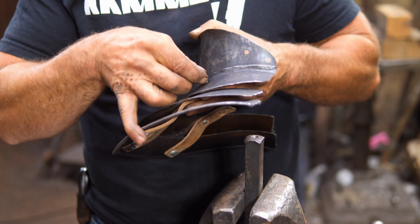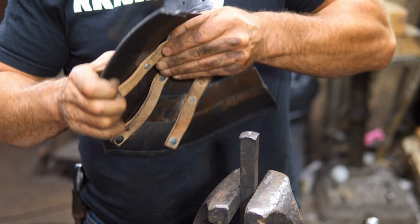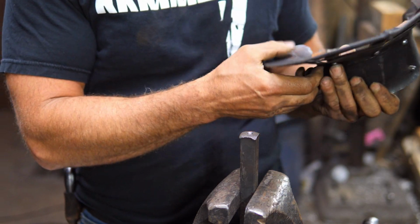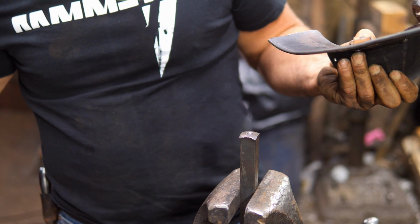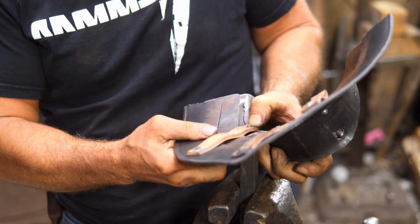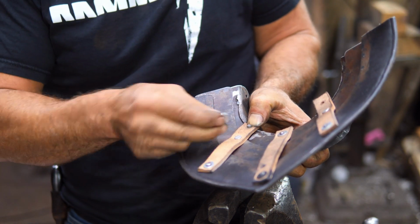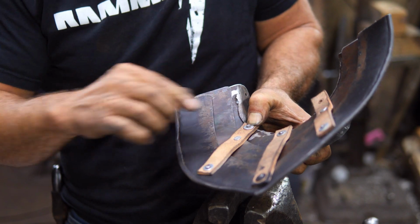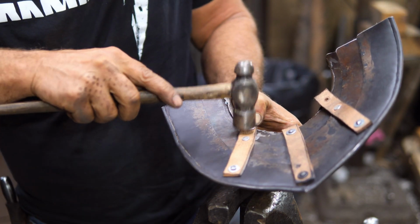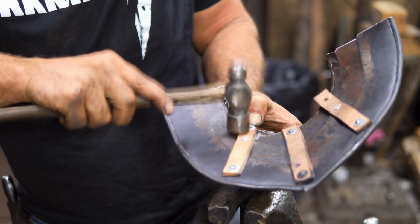So I'm going to bring the camera down here to show you what I'm doing and just show you this entire process. Okay, so the rivet is inserted into the hole and then through the leather. Now it's going through there. I've got my rivet set, which is a domed tool that's ready to accept the rivet head. So I set the rivet onto that, make sure it's seated in there, and then I take my 3/16 washer, put that in, and I just hold it down with my thumbnail. And now, if everything's seated properly, I can start